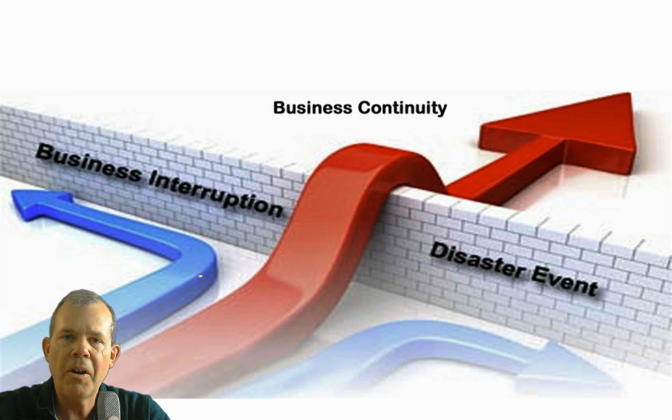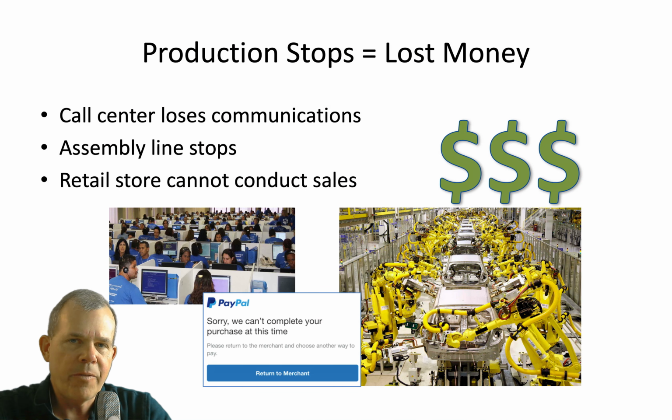Now, if you're an IT person, you need to put yourself in the chair of the CEO or the business leader, because your stuff that you work on might be cool and all technical, but really it is a problem when it comes to business continuity. We rely too much on our computer systems to let them fail. So any reason for production to stop will cost a business a lot of money. Whether your business is a call center, an assembly line, or a retail center, the technology is a likely Achilles heel that could cost the company huge amounts of money if it fails.